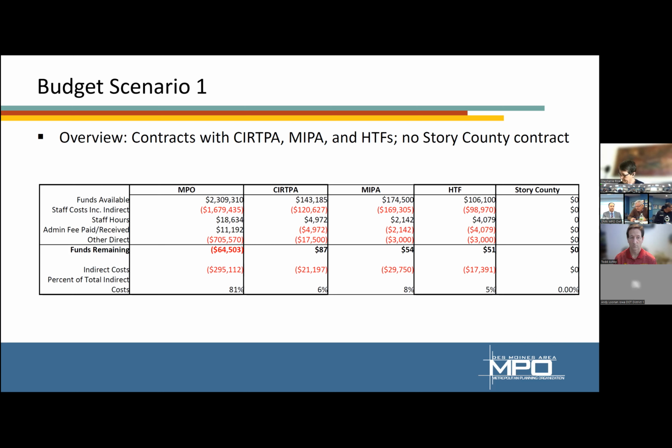I guess same question for MIPA though. If understanding the housing trust funds, and as was pointed out, there's been some discussion of can we put those under MIPA, for example? No guarantee that's, if they don't, and the MPO still wants out of it, that's a discussion for another time. But the MPO MIPA relationship, as we talked about in the previous item, probably needs to continue having that discussion, and what does that long-term relationship look like? But for the purposes of this budget, is that going to be an issue to continue putting that in there?